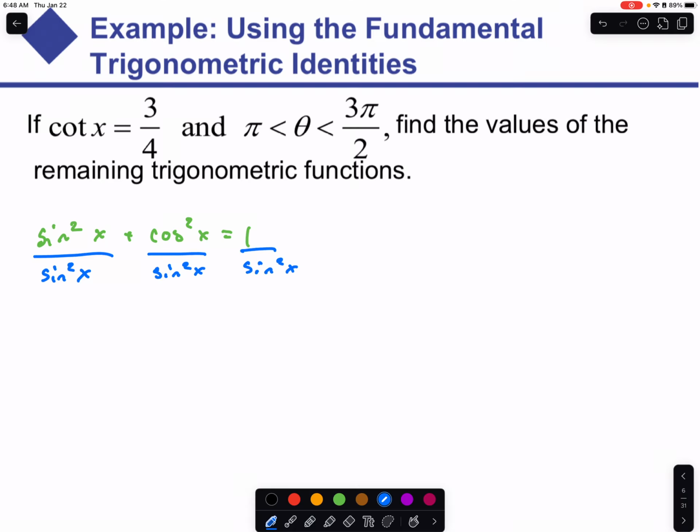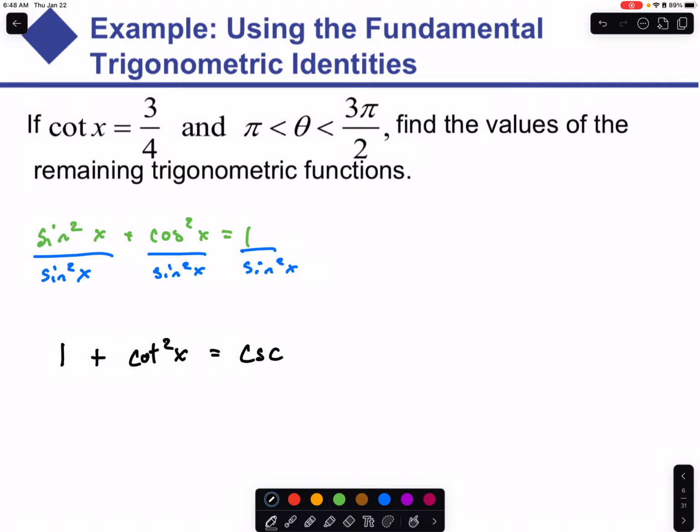Essentially what we're doing is multiplying the left side and the right side by 1 over sine squared, and on the left we have to distribute that 1 over sine squared. So with that first term, something divided by itself is a 1. Cosine squared over sine squared is going to be cotangent squared x, and the reciprocal of sine squared is